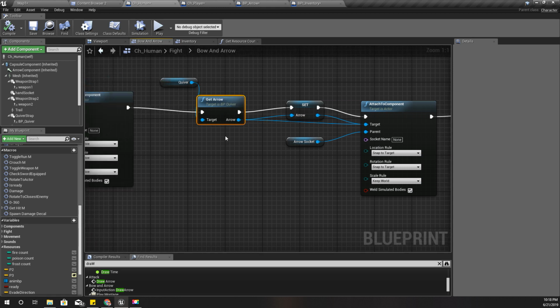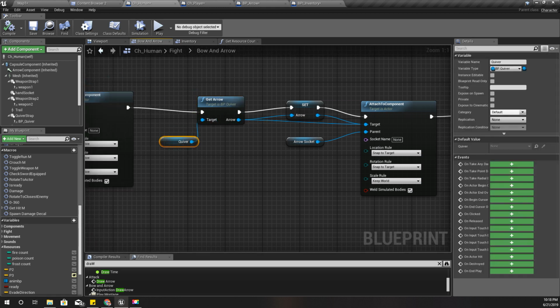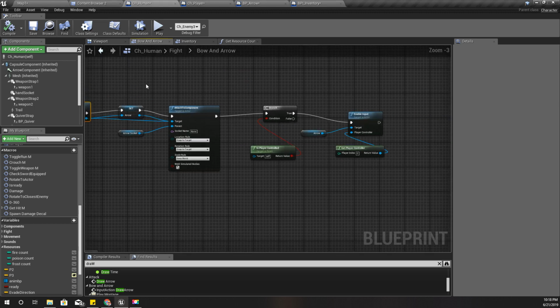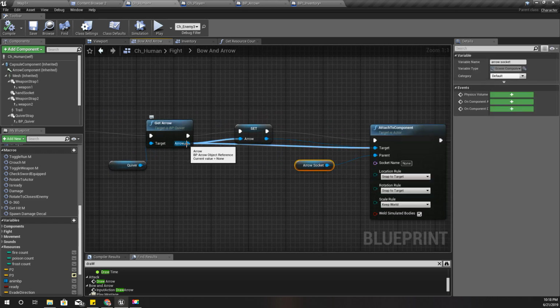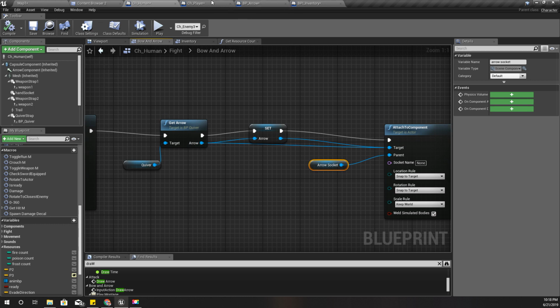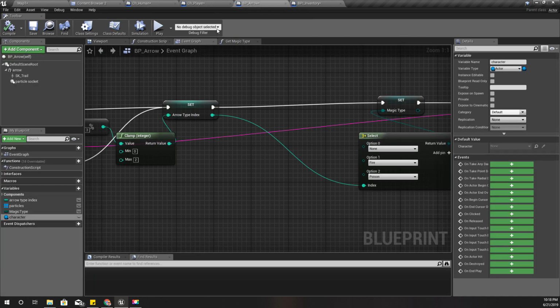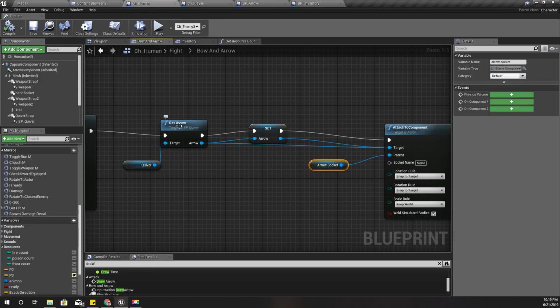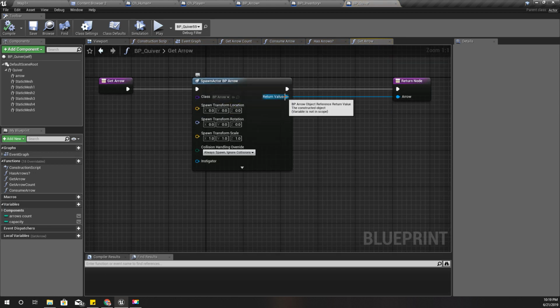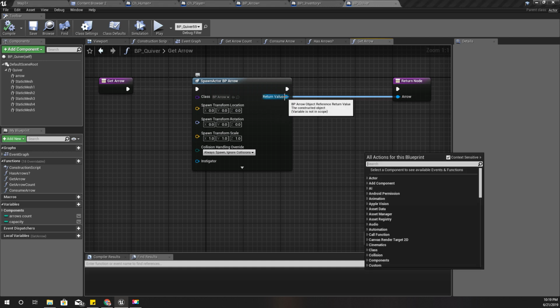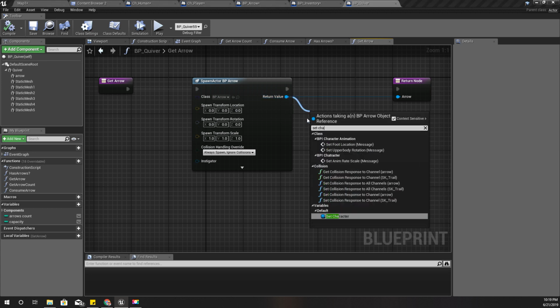Here in this get arrow. I am getting just a character reference, right? So I can't access this variable there. So therefore let's go to the place that I spawn the arrow. Yeah, this return type is BP arrow. Okay, so here I can set character,